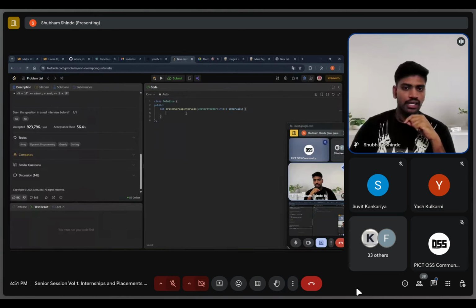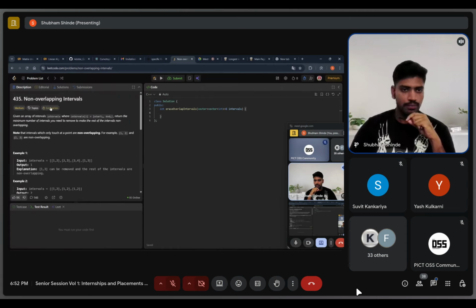Second, while you are solving a problem, you have to tell every single thing coming to your mind to the interviewer, because the interviewer has two tasks. One is to evaluate your code, and the second is how you are expressing your thoughts while solving this type of question. So what did your mind interpret by reading the first line? Keep this in mind.